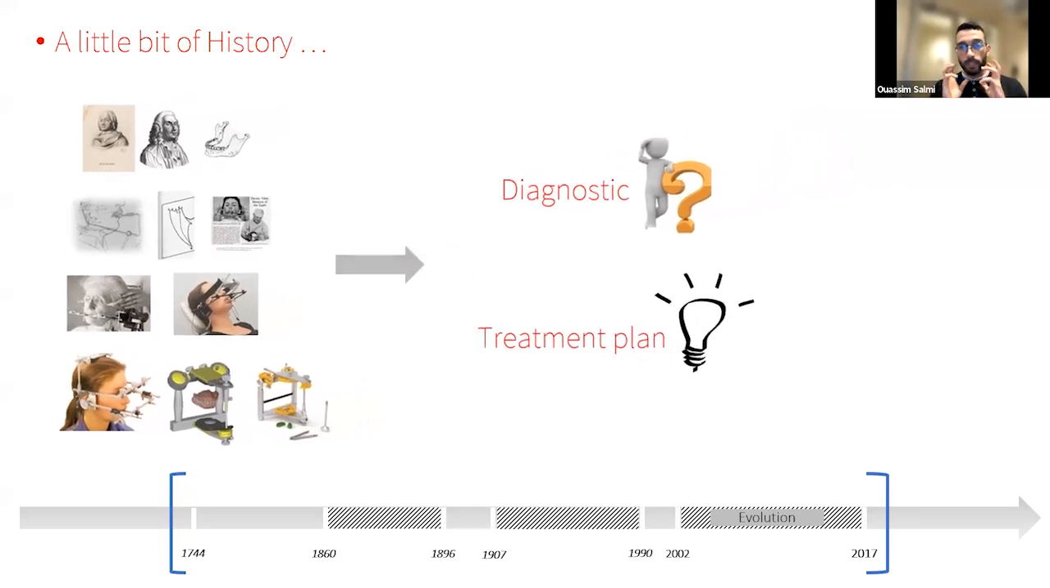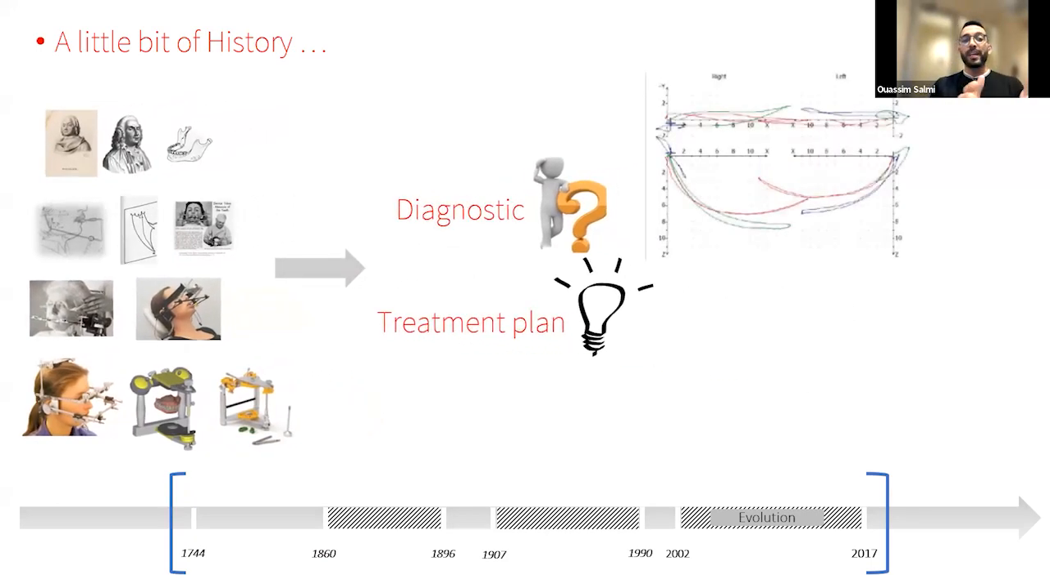So if we go a little bit more in depth, what you can get from the devices on the left side is this kind of tracing. In terms of clinical applicability, it takes a lot of time to trace, and then you have those tracings, and it's so complicated to interpret. But then what you can get as an outcome is